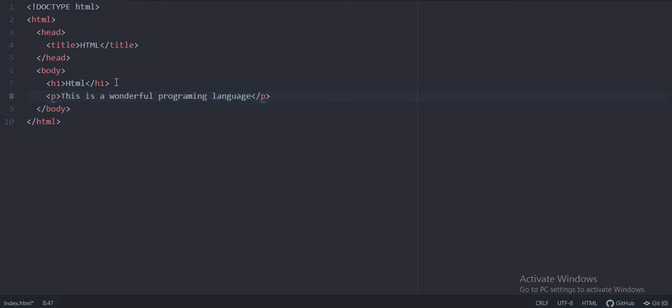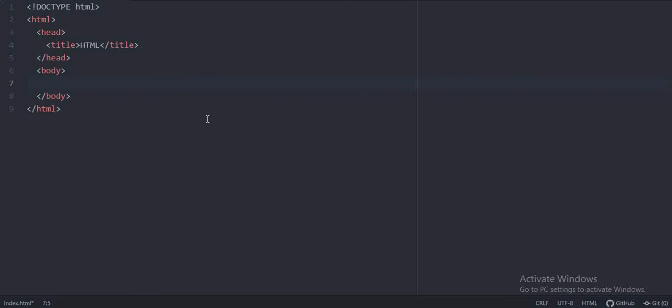Okay, so we have given some text. This is our basic structure, and all the code we write goes in the body tag, and some tags are required in the head tag.